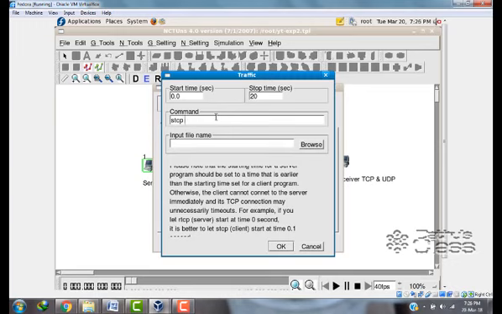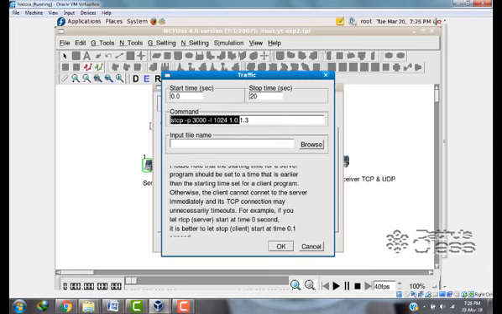Since we are implementing a TCP agent, -p port number 3000, space, the length of the packet we are sending, -l, and the packet length is 1024, and the destination IP address is 1.0.1.3.